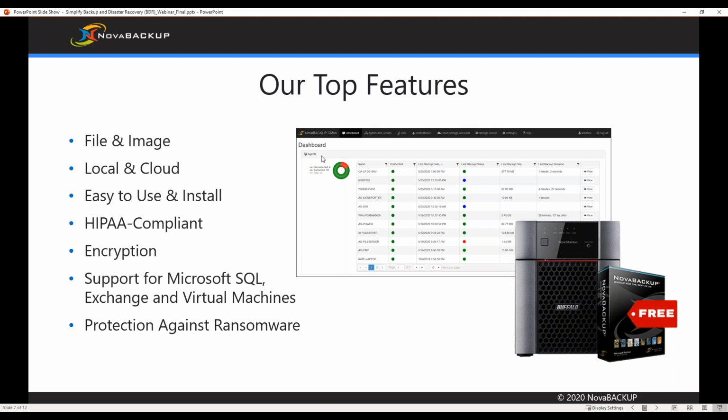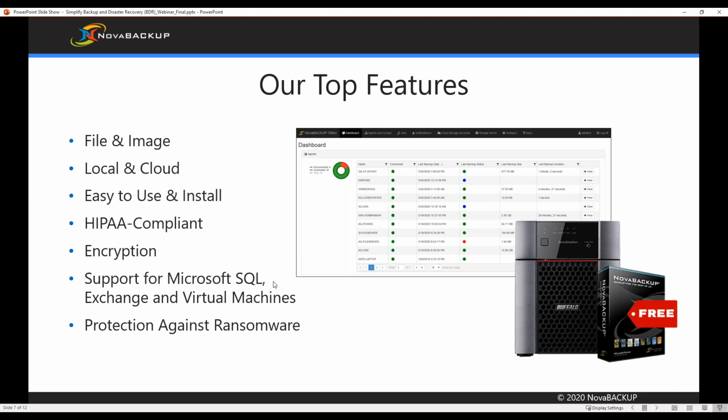environment. We go into some of these MSPs or partners that are using 3 or 4 different backup solutions. They might be using something for local backup, something for image backup, and then something for cloud backup. And in all reality, they can use just NovaBACKUP for all of that and be covered. Because NovaBACKUP can do file level backup, image level backup, local and cloud backup,